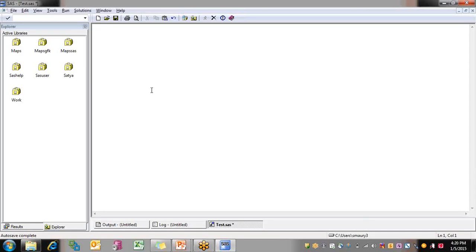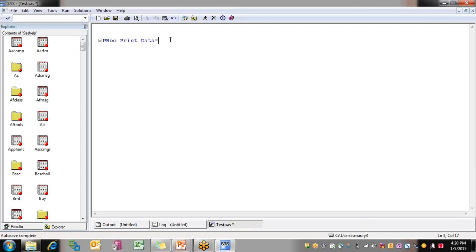If you want to put a comment in a single line, let me write some code first. Proc print data, and I'll go back to the library SAS help again. I'll print the data SAS help dot baseball. I will end my statement with a semicolon. I will write run. I know that this is going to print the data set baseball, but if I write like this,